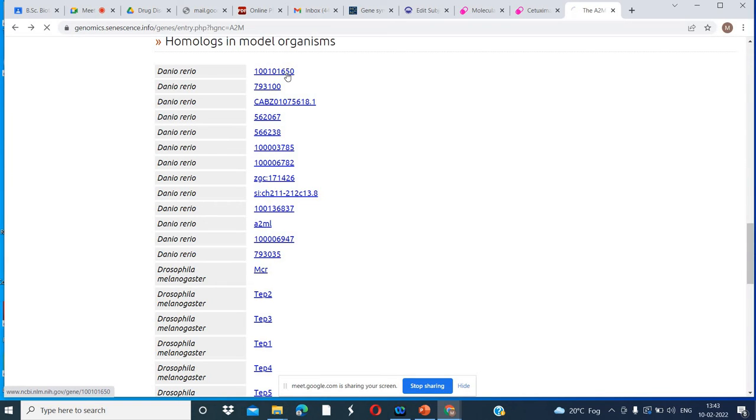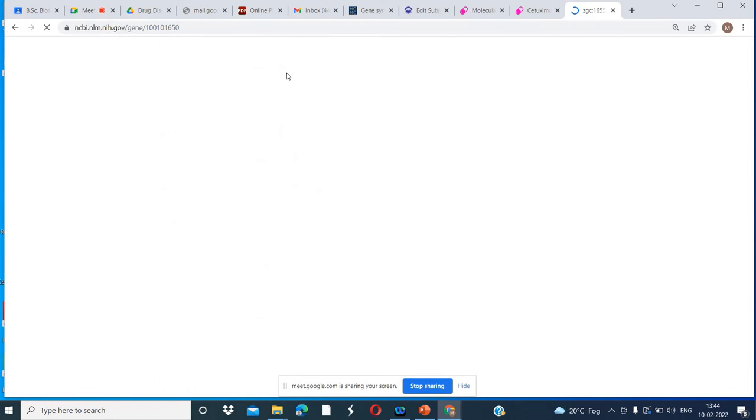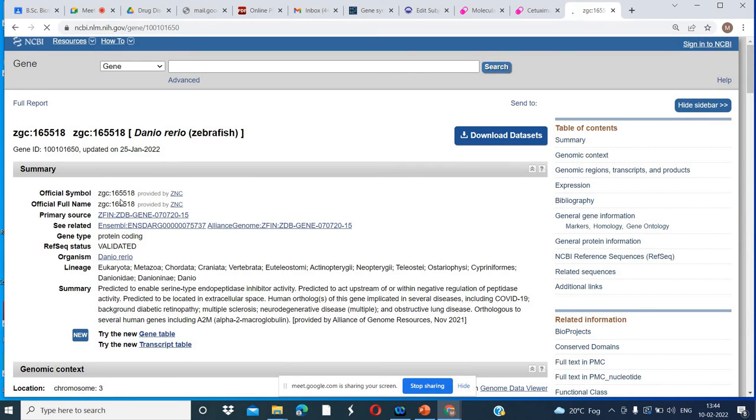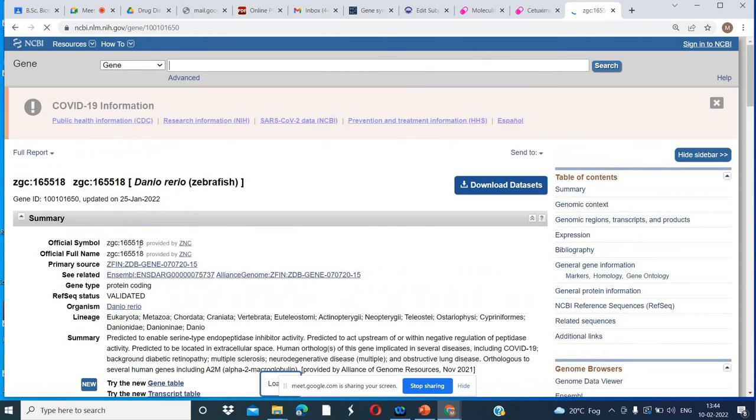By clicking on this you can enter the database and search about the homologs of the gene. Here you can see the protein coding information; we have different information about the same gene.